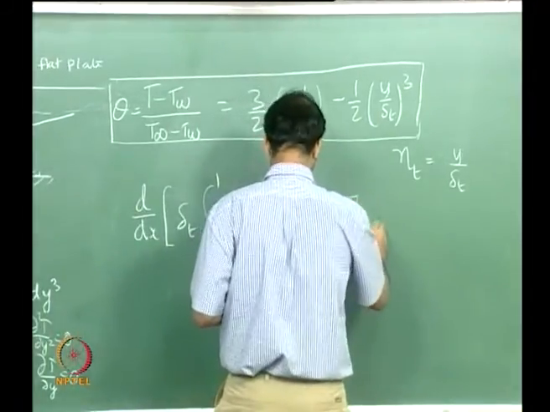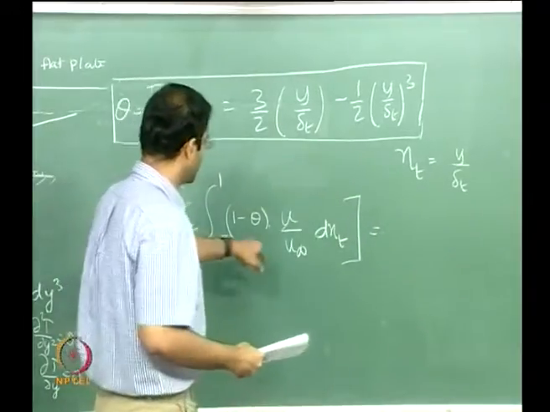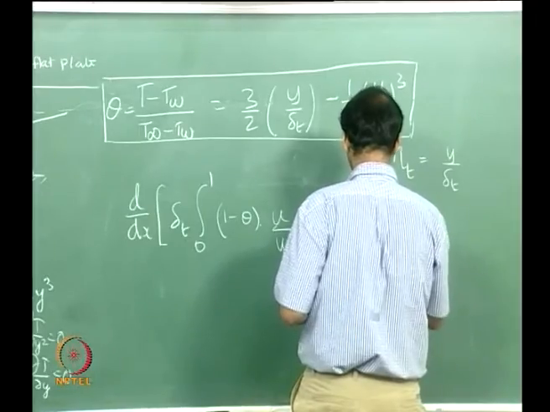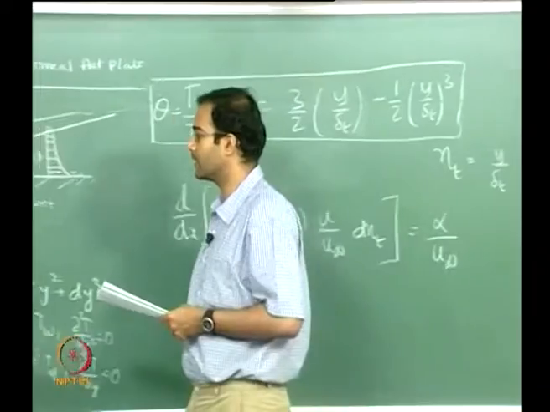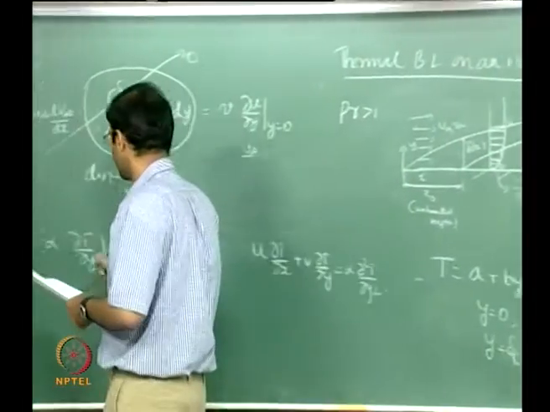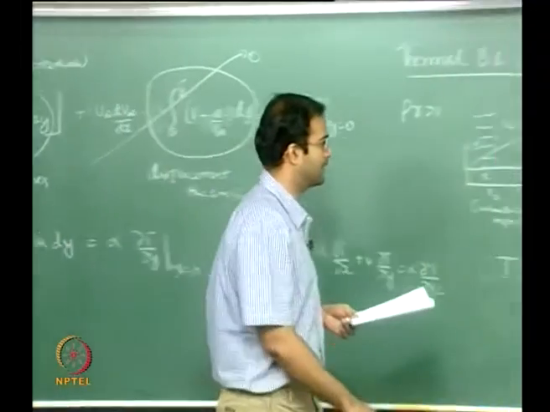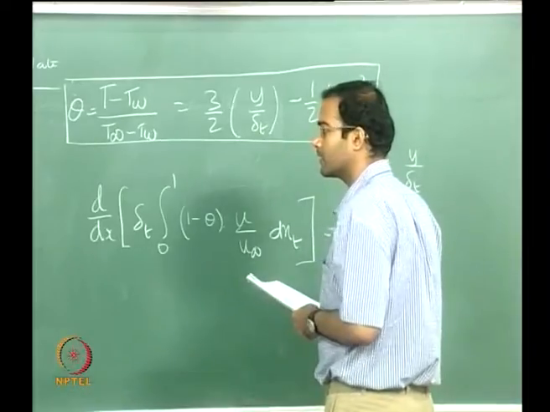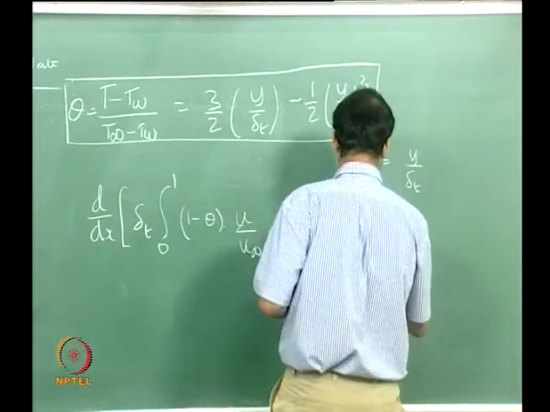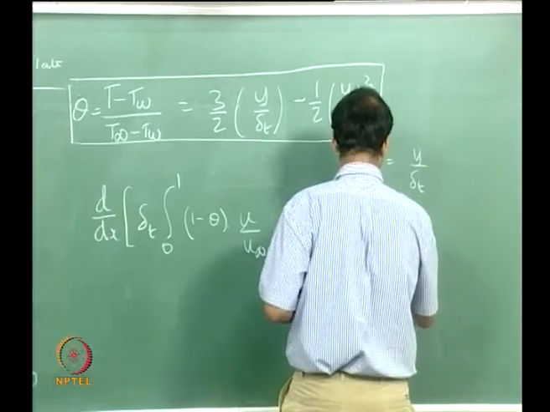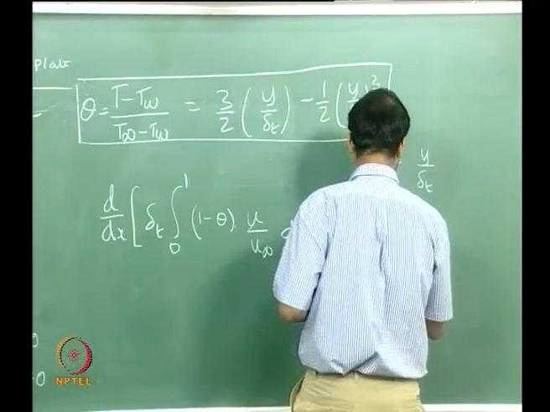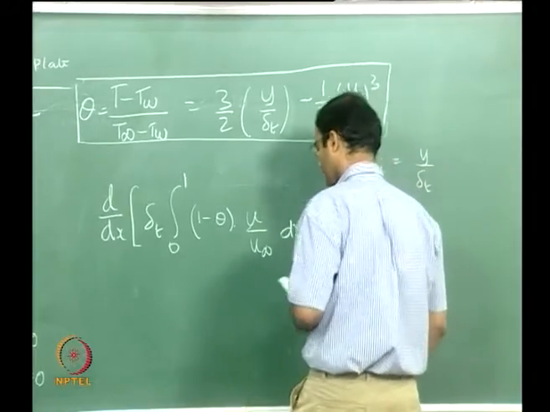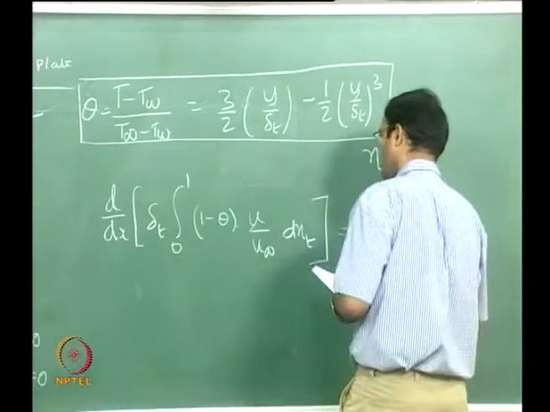All right. On the right hand side, of course, you multiplied and divided by u infinity, so I will take it to the denominator on the right hand side. This will become alpha by u infinity, and dT by dy I will write in terms of theta and eta. So I can substitute this in terms of theta, so this will be d theta by d eta into d eta by dy.